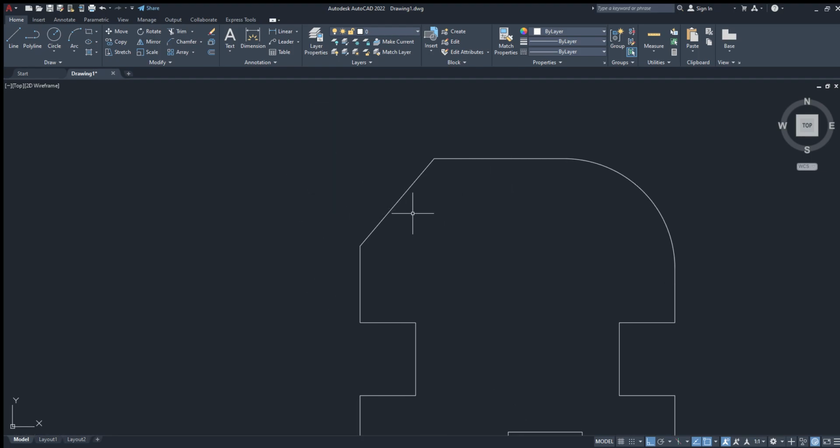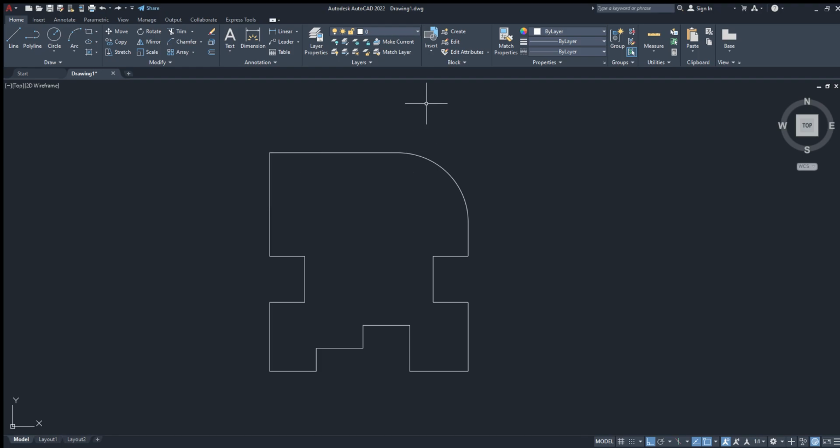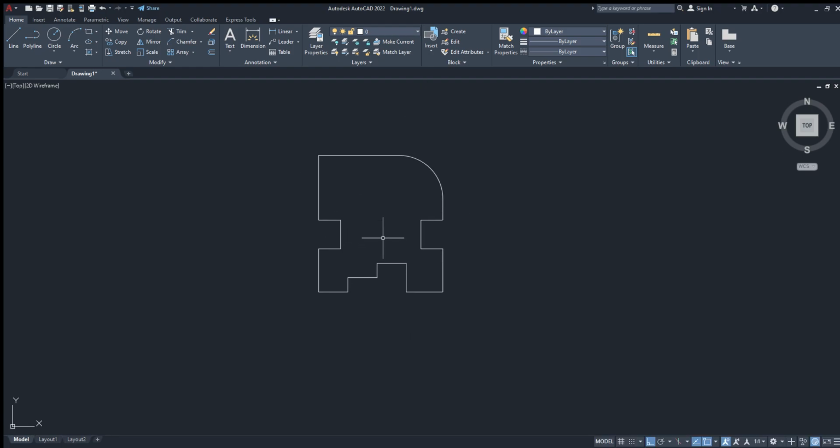So I will repeat, guys, just in case you missed. To use the jumper, you just simply go to here, jumper, and then you select distance in the command line. It gives you choices. So you just simply select distance, or you can simply type D and space bar. Then after that, you specify the first jumper distance. Let's say 1, because the given example is 1 by 1.2. So let's type 1 and then space bar.